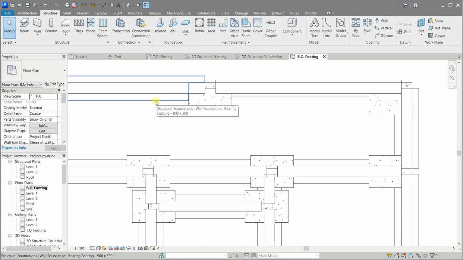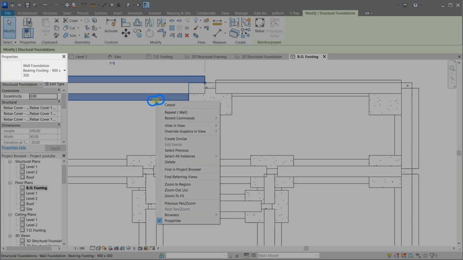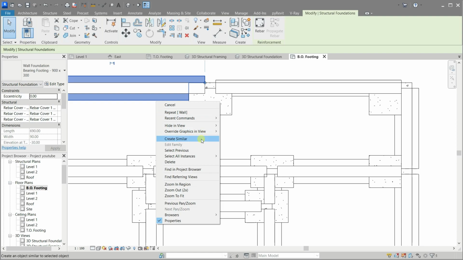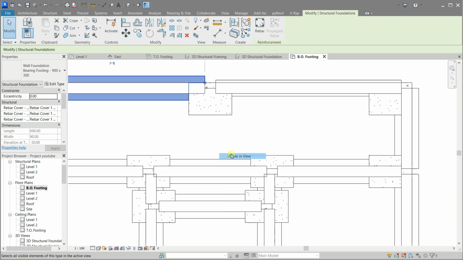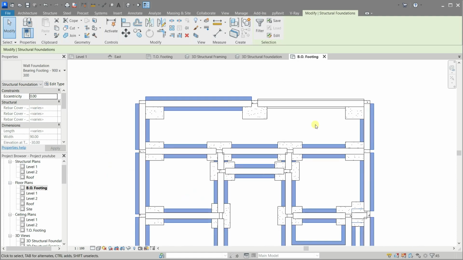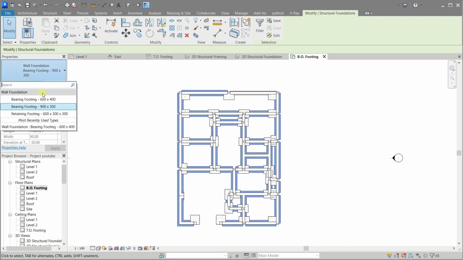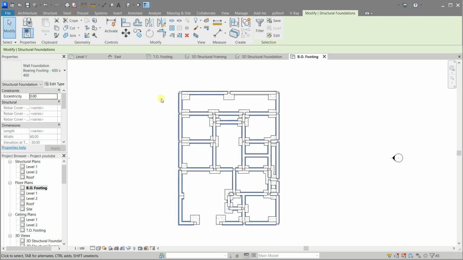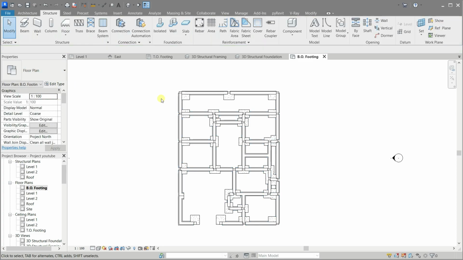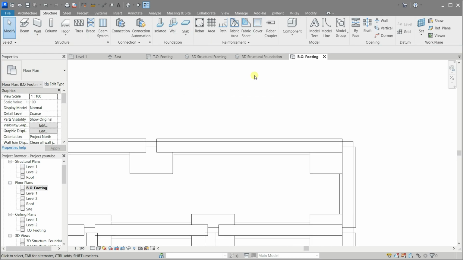Wait a minute, I think we chose the wrong size. Right-click on any one of the wide wall footings, then select all the instances visible in the view. Now, while they are all selected, change their size to 600 by 400. That's right.